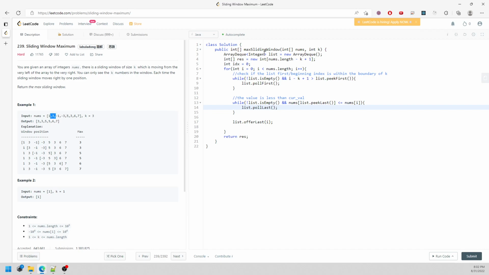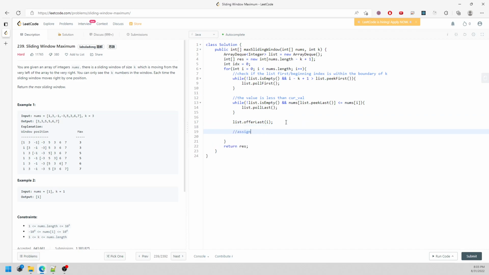And then the ArrayDeque, and then you also need to add -1, right? But -1 shouldn't be added, right? However you add a -1 into the ArrayDeque whatsoever, but on the following index you need to check, right? So you need to check the value inside the ArrayDeque, and then you just poll last, and then just keep your 3 inside the ArrayDeque until